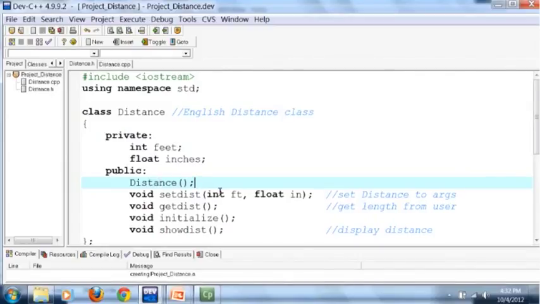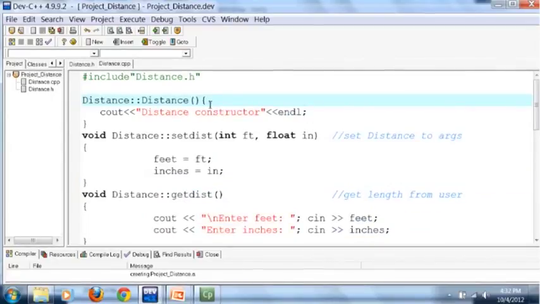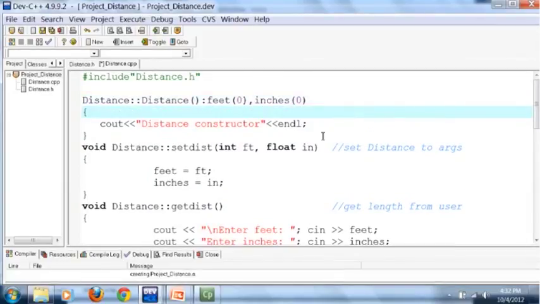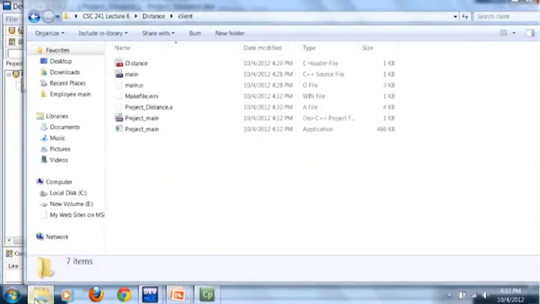Distance, yes, everything seems okay. We initialize feet with 0 and we also initialize inches with 0. Control S, compile it. Okay, what I do is